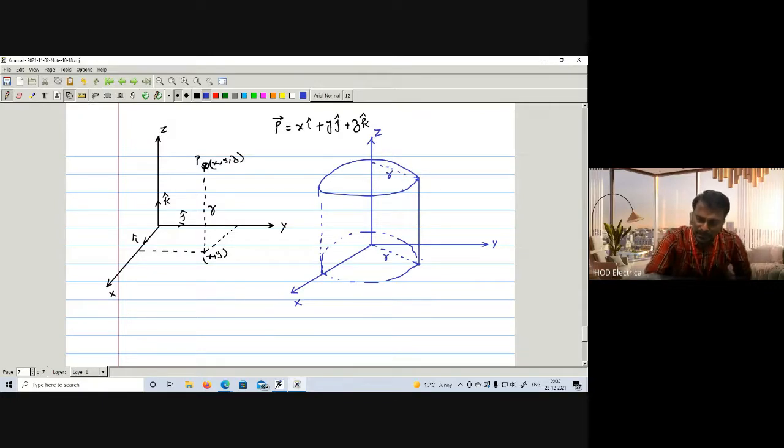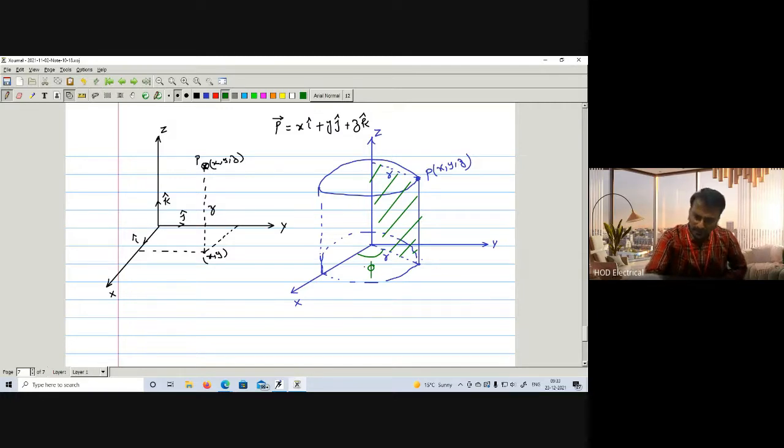We have already represented this point in the Cartesian coordinate system as P of x comma y comma z. So how can one represent this Cartesian point in the cylindrical coordinate system? When we see this, this is the radius. So we can say this point will be this. We can take this angle. This is one plane. If you take another color, this is one separate plane, right? This plane is moving with respect to this angle phi.